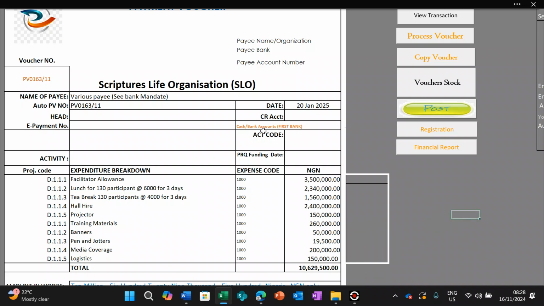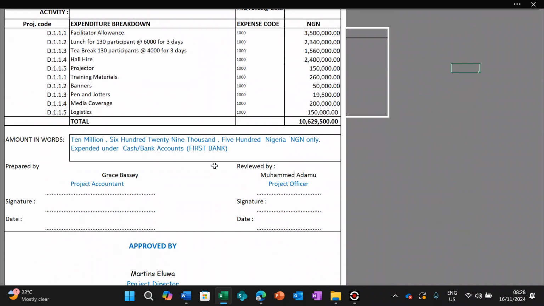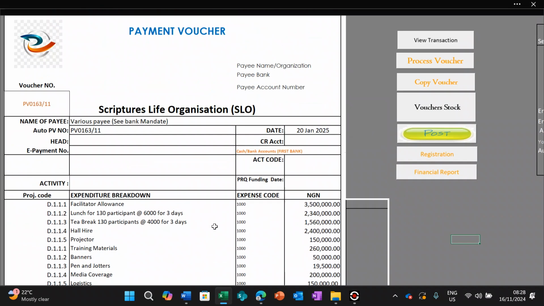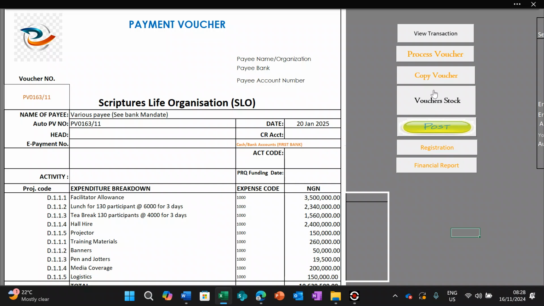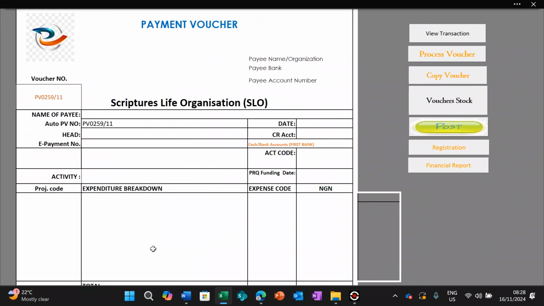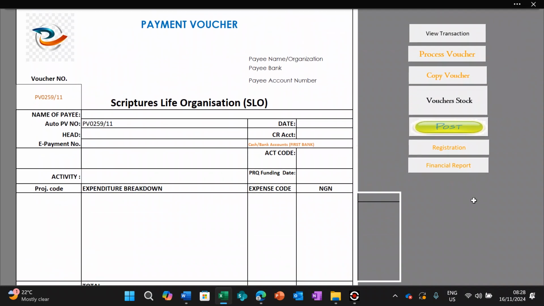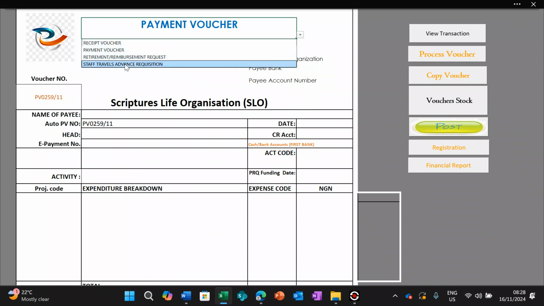Okay, so with this we can copy the voucher. After this, look at the people approving. Okay, say copy voucher. After copying voucher, what do we do? Process the voucher, and it's ready for another one. So you've carried out an expense now. You can do as many expenses as possible. Let's do an advance. So for advance, go to staff advance,